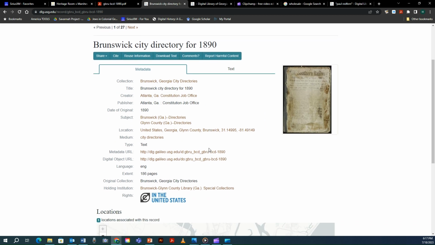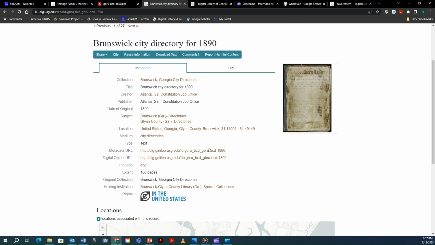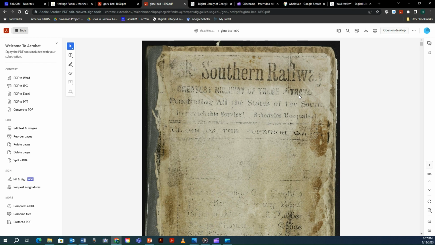That takes us to another page that gives us a lot of information about the directory, which we don't really need to worry about right now. So we'll skip this and click on the image again. And then what that does is that it downloads this directory, these hundreds of pages, into a PDF, which is